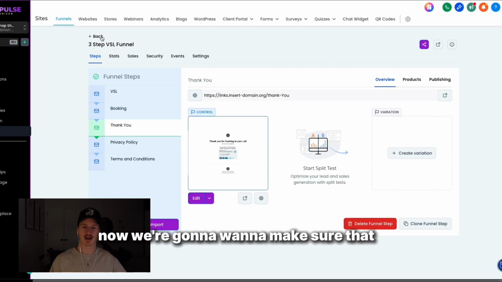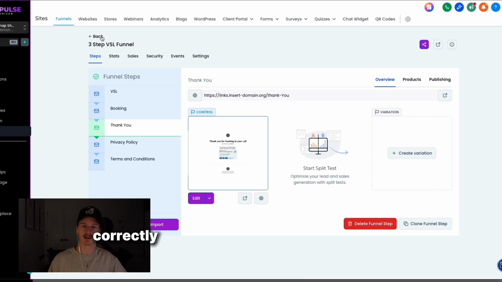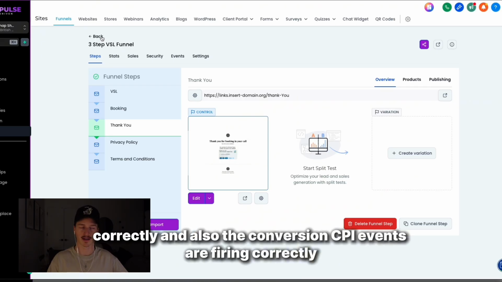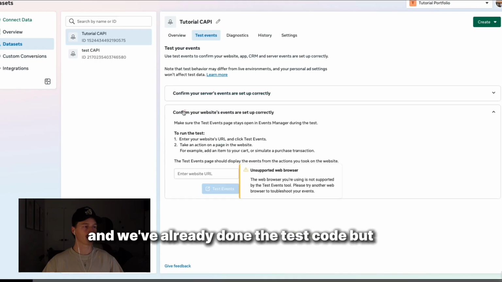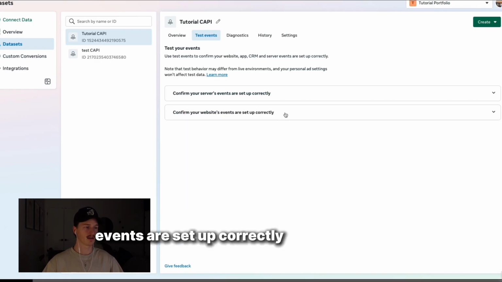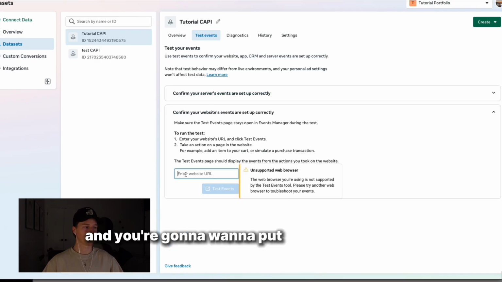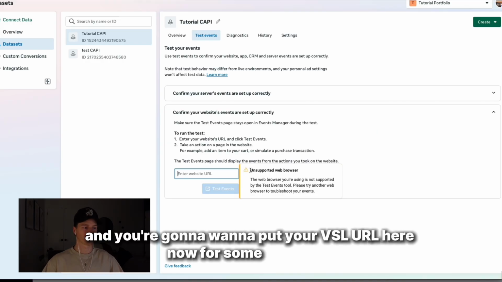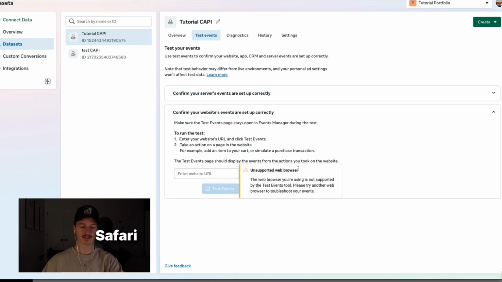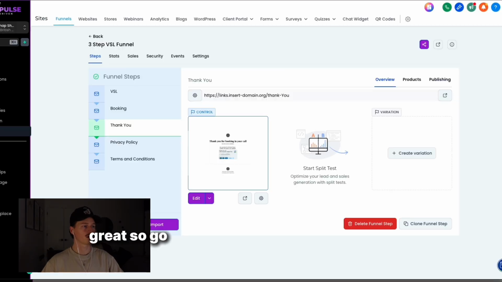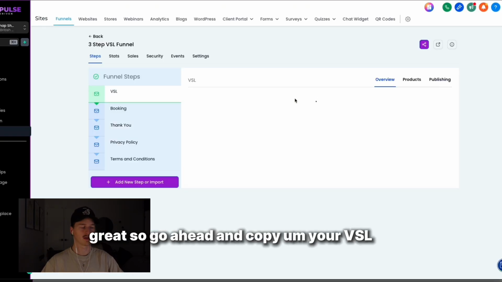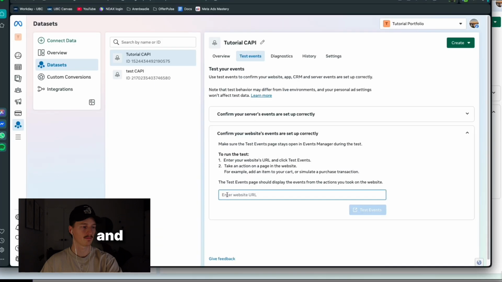Now we're going to want to make sure that our pixel events are firing correctly and also the conversions API events are firing correctly. So to do that, head back over to the events manager, and we've already done the test code, but go to confirm your website's events are set up correctly. Go to this tab here, and you're going to want to put your VSL URL here. Now for some reason, Meta does not like me using Safari, so I'm just going to switch over to Opera really quickly. Great, so go ahead and copy your VSL page domain and paste it right in here,